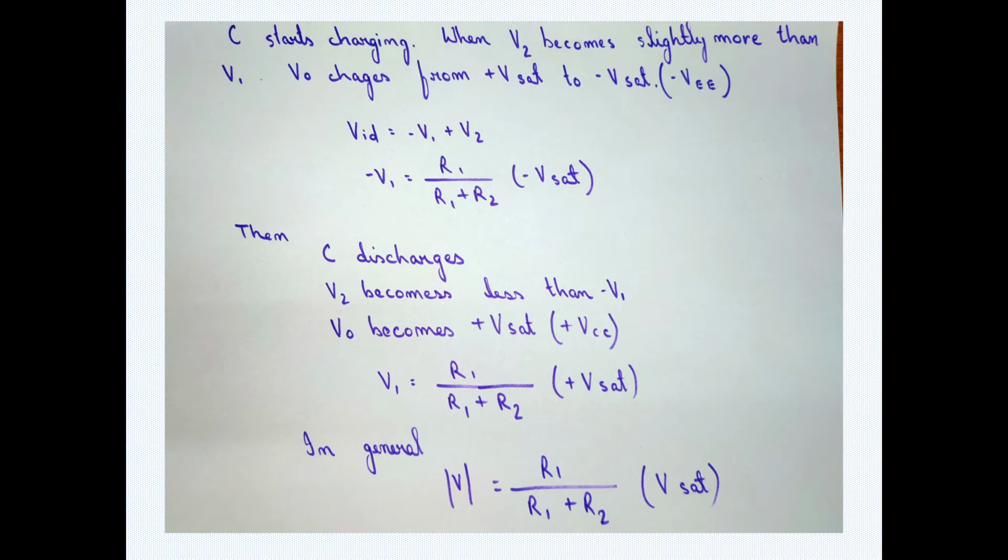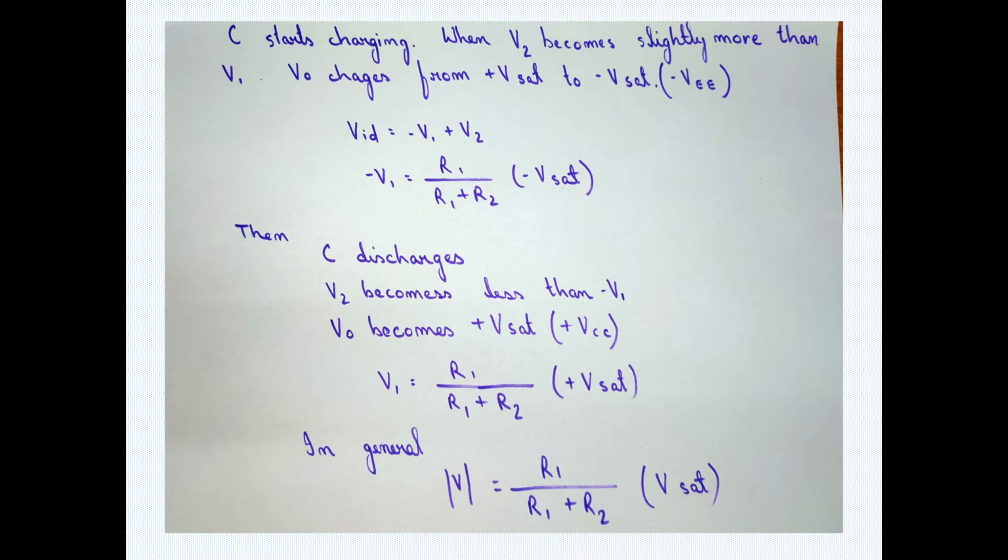At this time the output voltage will be at the negative saturation voltage, and it will remain there until the voltage V2 becomes less than minus V1. Since V1 is negative, the capacitor C starts discharging through R towards the negative saturation voltage until a certain level, that is minus V1, and V2 becomes less than minus V1. When that happens, the output voltage V0 changes from the negative saturation voltage to the positive saturation voltage, and